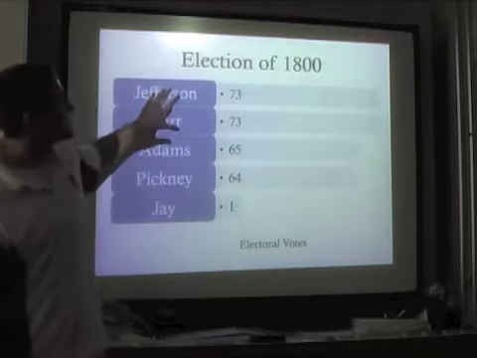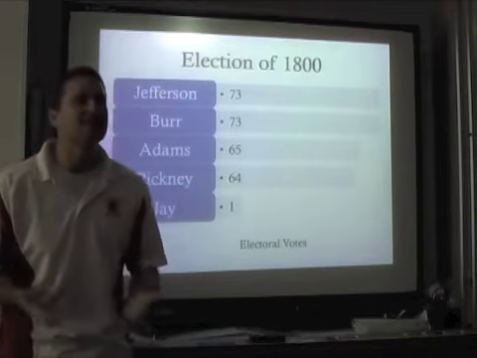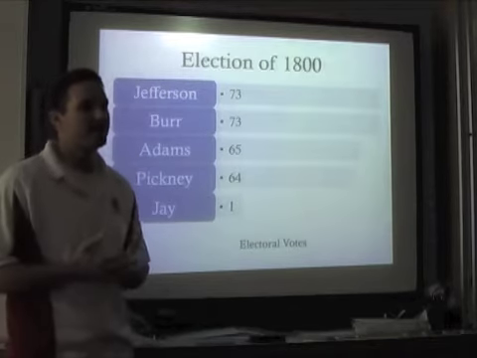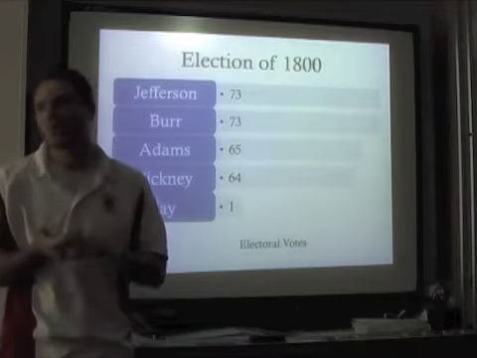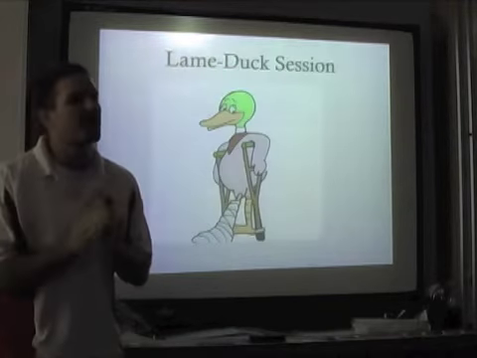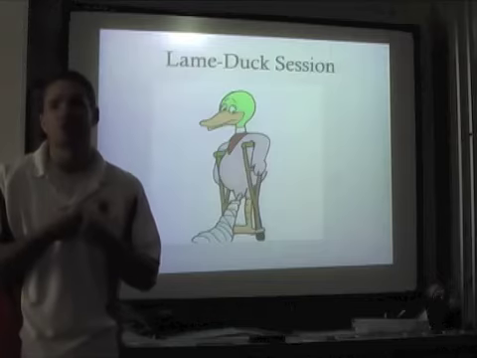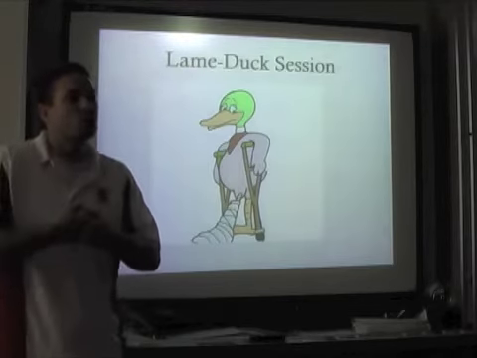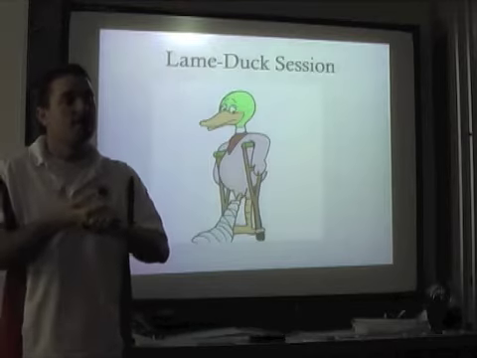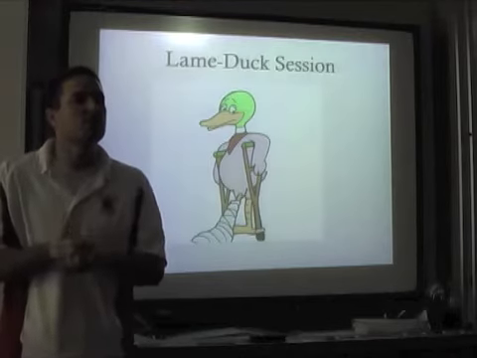And so the House of Representatives had to decide who would become president, and they vote by state. Each state gets one vote. What's really important about this is it illustrates how much friction there was between these two groups. Ultimately, the Democratic Republicans take control of both branches from the Federalists, but the Federalists use the rest of their